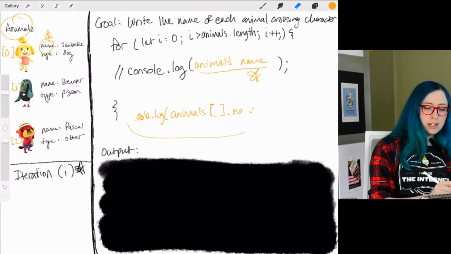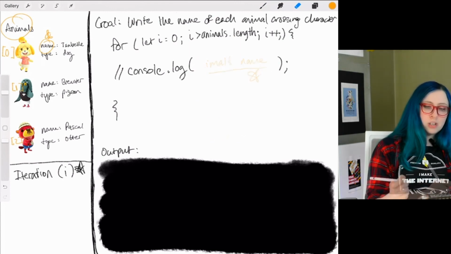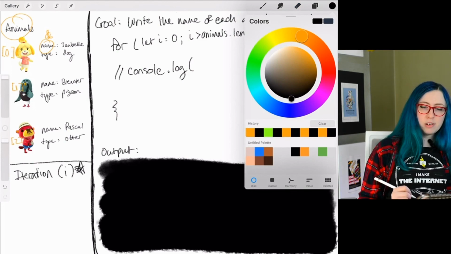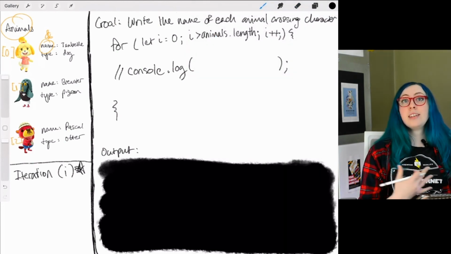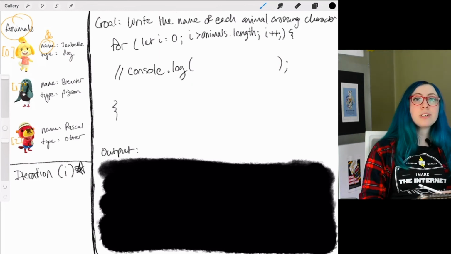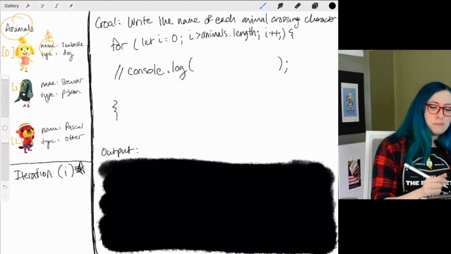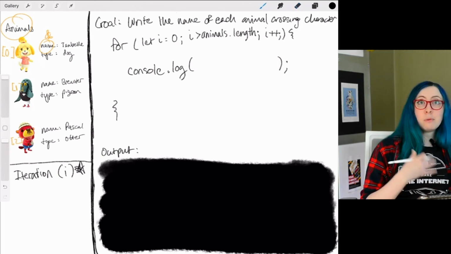So let's take what we've learned here. This is really breaking down for loops in a very step-by-step way. You're eventually going to learn the syntax, and it'll be like second nature to you. But if you really want to understand how a for loop is working, this is the video for that. All right, so let's uncomment our console log here, and let's add what we just learned.